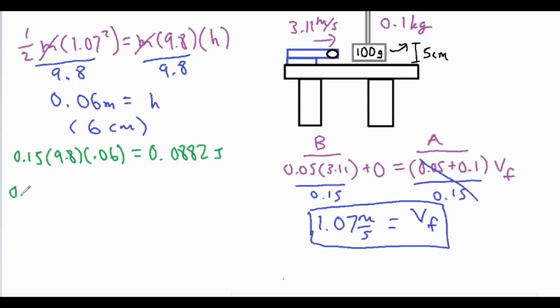And then with that same combined mass of 0.15, the same constant of g, but the experimental height of 0.05, in reality, we actually got 0.0735